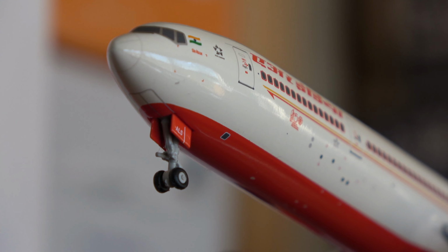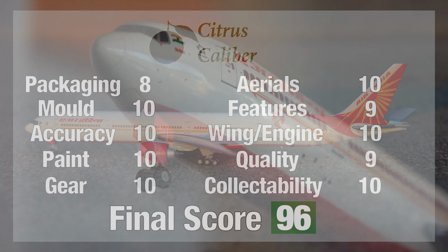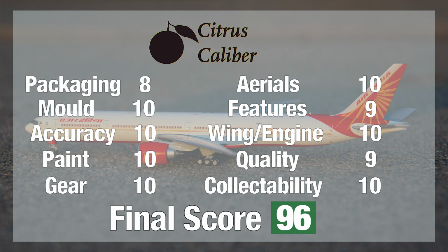So with that being said, this model gets a score rating of 96 out of 100, which is an excellent score to have, and it brings this model all the way up to the third highest rated model I have ever reviewed on the Citrus Caliber rating system. So this is an excellent model. JC Wings did a great job, and if you are looking for a 777-300ER by JC Wings, I highly recommend